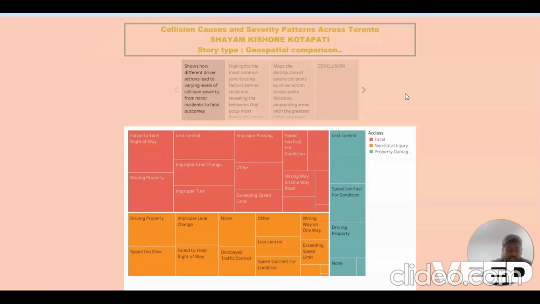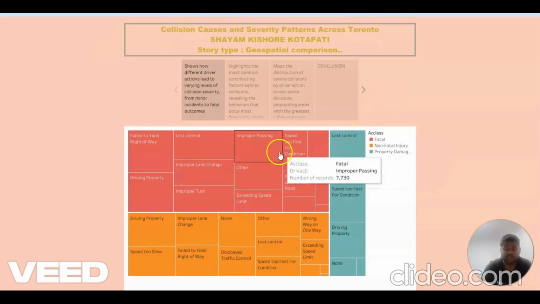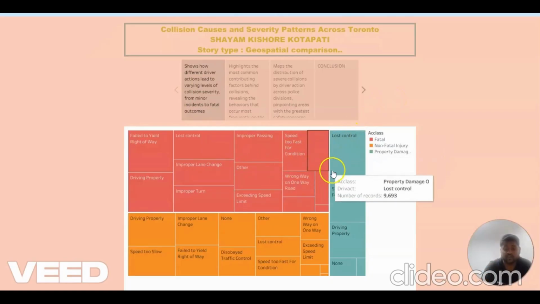In this we explore why collisions happen and how different causes relate to severity. Some causes lead to a higher proportion of severe or fatal outcomes, and categories reveal patterns between cause codes and the type of road users involved. Basically this is a chart for the road users showing whether the injury is fatal, non-fatal,